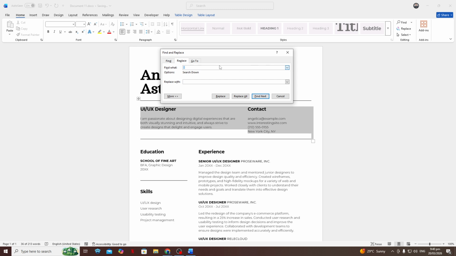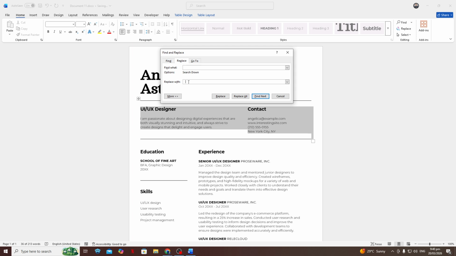A dialog box will appear with two fields, Find What and Replace With. This is where the magic happens. To remove extra spaces between words, click inside the Find What box and press the spacebar twice. That tells Word to look for every instance of two spaces in a row. Now click in the Replace With box and press the spacebar once. That means every double space will be replaced with a single clean space.